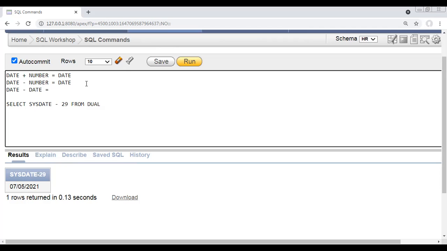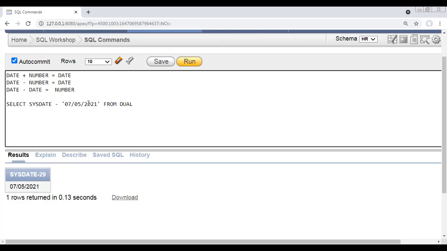We had date plus number as a date, date minus number as a date, and now date minus date. What will be the result? Here the result will be a number. And again, this number is nothing but the number of days between these two dates. Simple. I'll repeat once again: wherever you see the number, that number is considered as days. Very simple here. Now let's see it here. If I say sysdate minus, but minus is already written, so I'll say '07 05